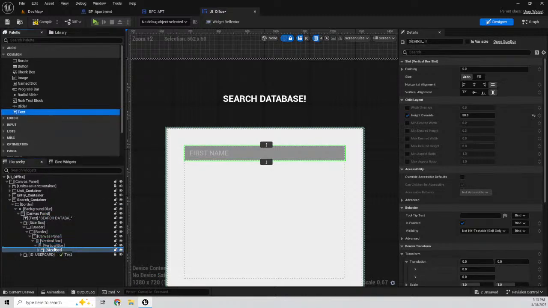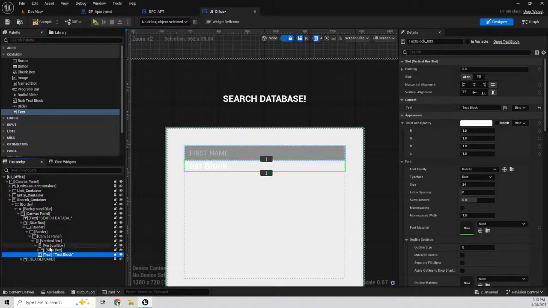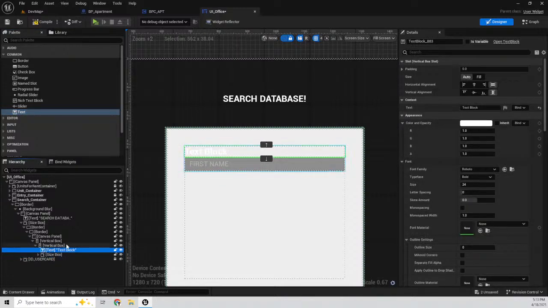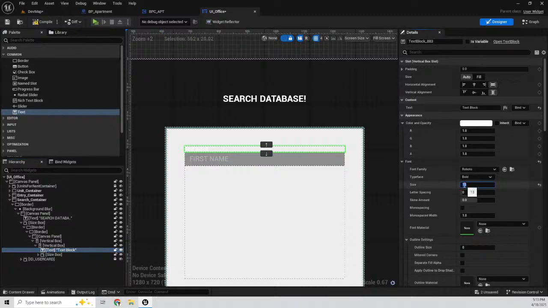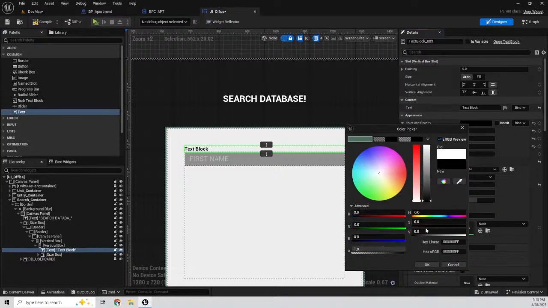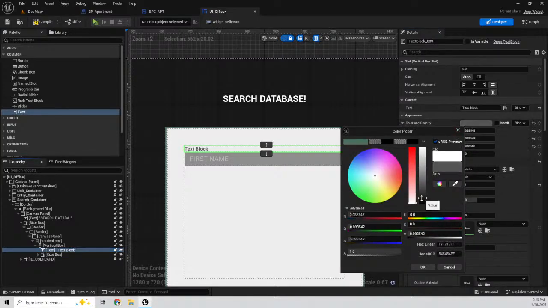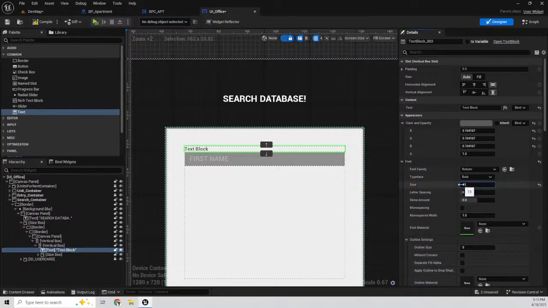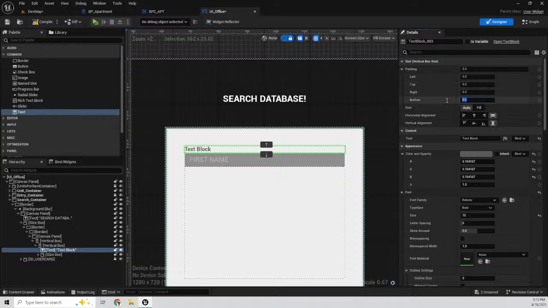And then we add the text up here. Yeah, like that. And then give this 13. Padding bottom about 15. No, 5. Yep, and then we do